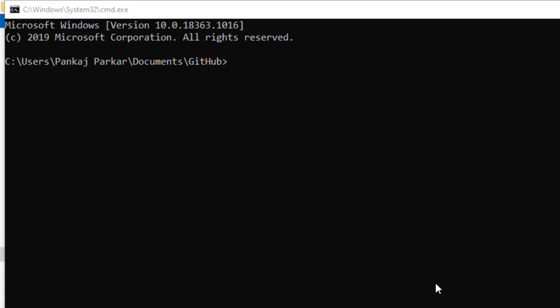I have opened the terminal in the GitHub folder. Now I am going to fire the ng new command, and then I give the project name as e-commerce and use the command option prefix equal to EC. That will help us create components and directives with EC as the prefix in the selector. Let me fire this command.